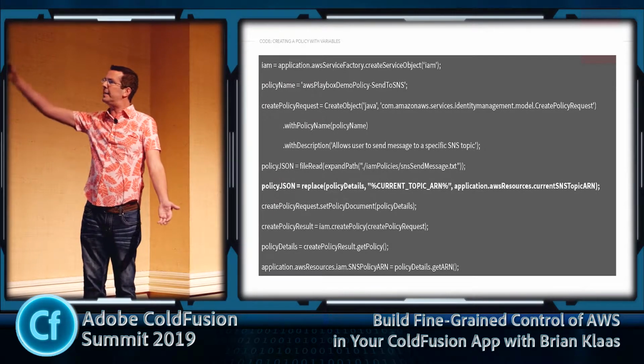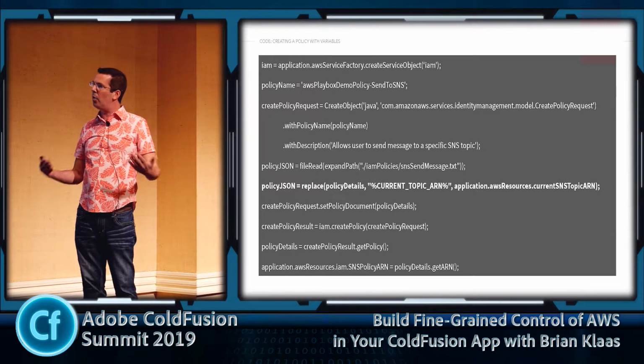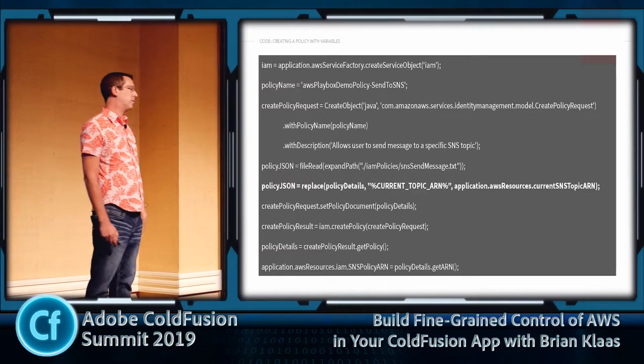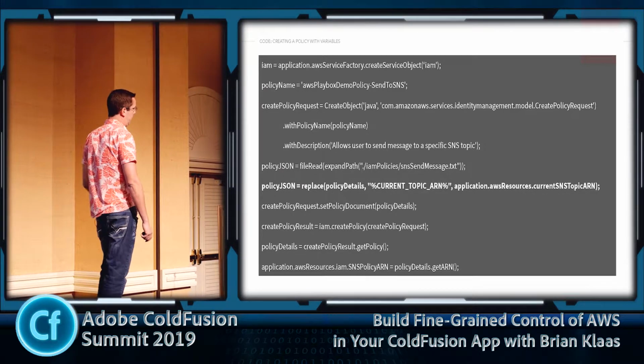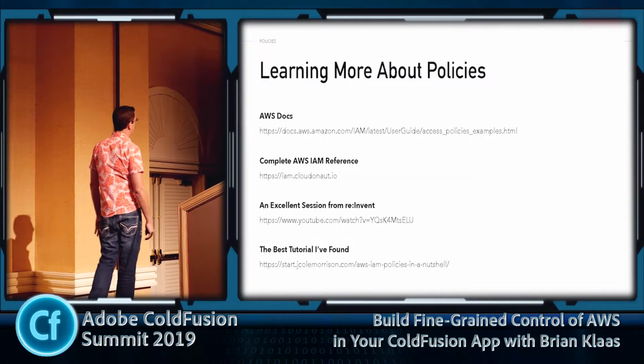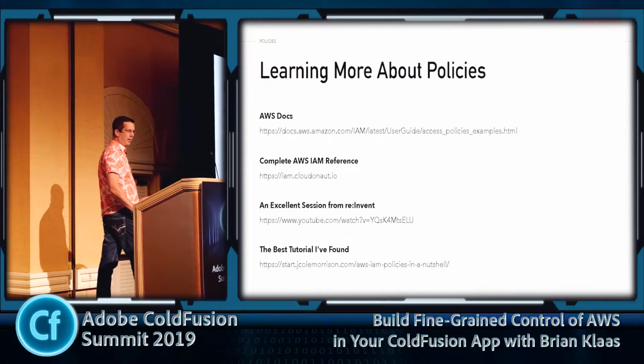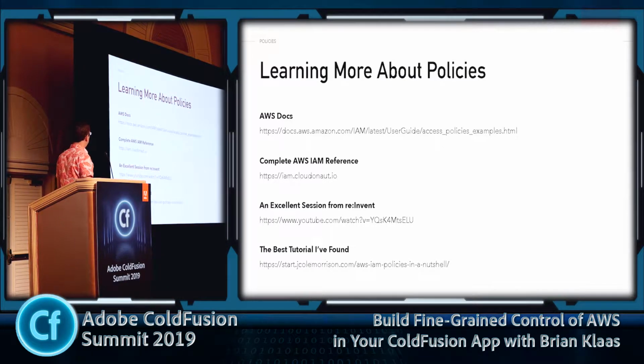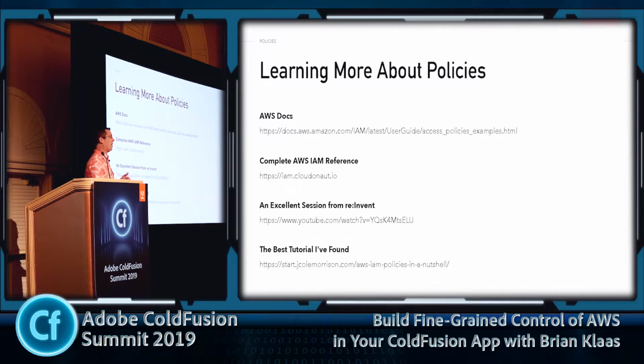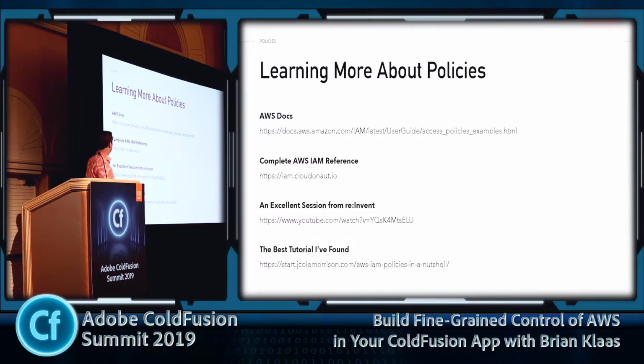That's all I'm doing. It's the exact same process that I showed you before, only here, I'm just reading it and doing a text replacement so that I can dynamically generate this stuff. Okay. So I think that's about all I'm going to talk about policies, because it's about 25 minutes here, 20 minutes. If you want to learn more, and you should always learn more, the AWS docs are actually really good